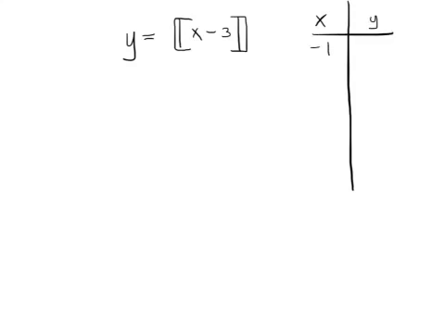So when x is -1, y is going to be -4. I'm always starting on the integers because those are always easy. There's nothing tricky happening on the integers. So if we graph this,